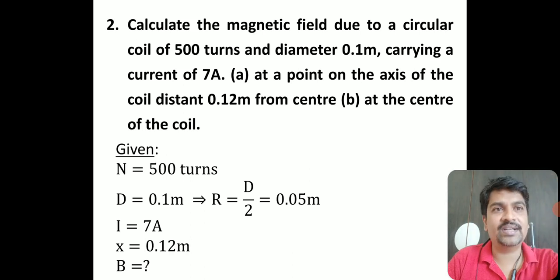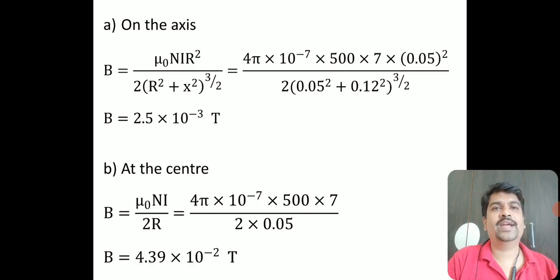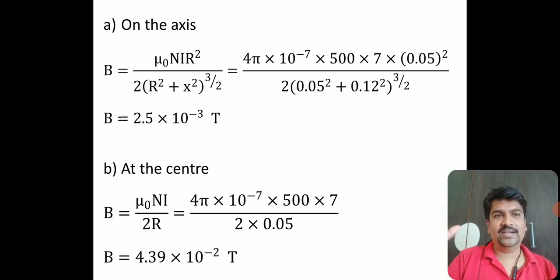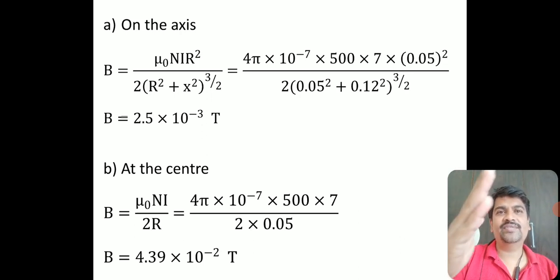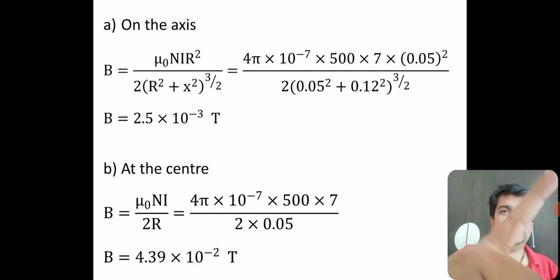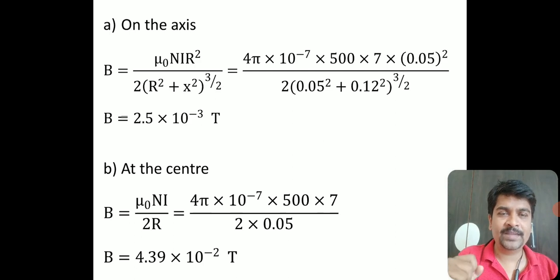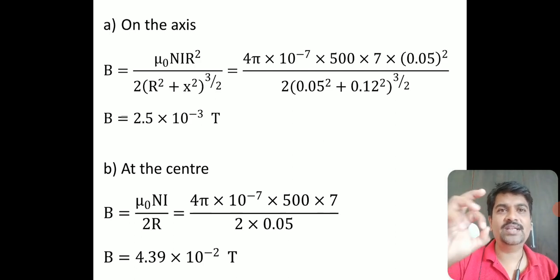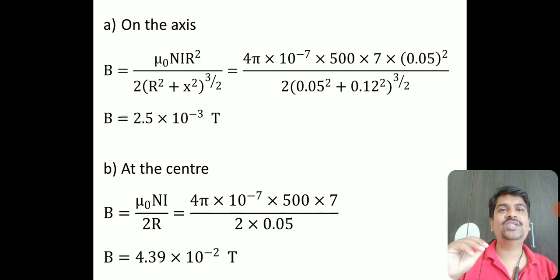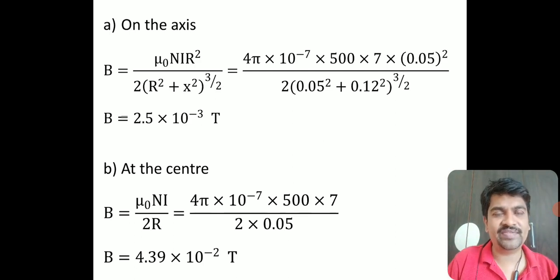Now we'll search for the relevant formula. This is the case of a coil. This is not a solenoid. This is not a straight conductor. This is purely a circular coil, and while doing the derivation of the solenoid, I used this equation. Do you remember this? The equation which I used while doing the derivation of the solenoid was the magnetic field due to a circular coil. Students, this is derived in the second PUC. This is one of the important derivations in the second PUC for you.